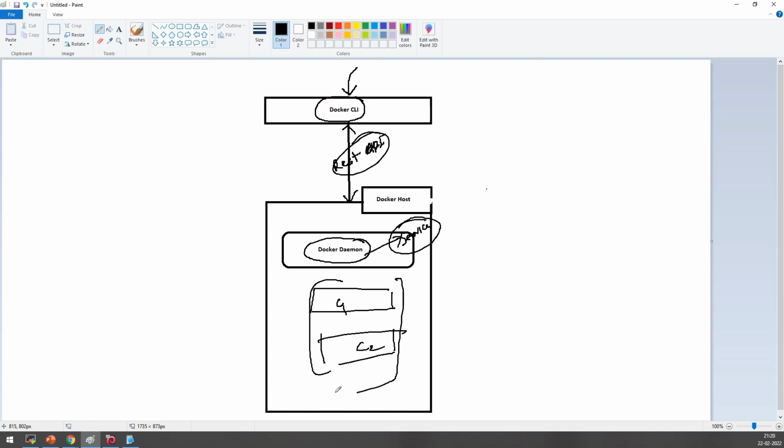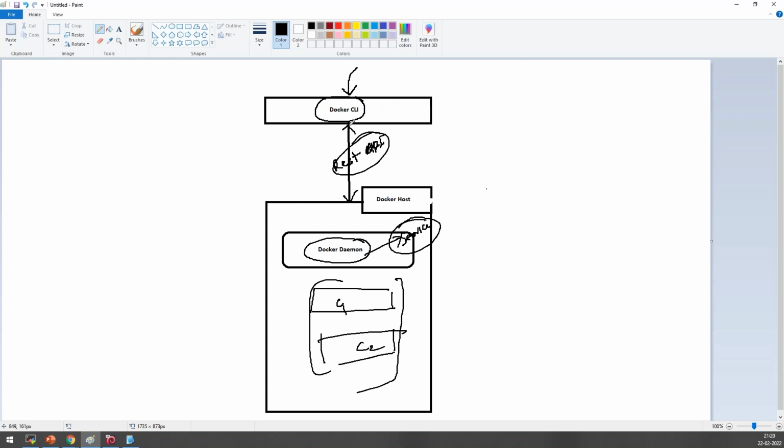Okay, got it? Any machine can be used as a Docker host, Chris. It can be any Windows machine or Linux. Yes. So don't forget, the Docker engine is the heart of Docker. The Docker engine is inside this. When you want to type something, you just type it in the Docker CLI.